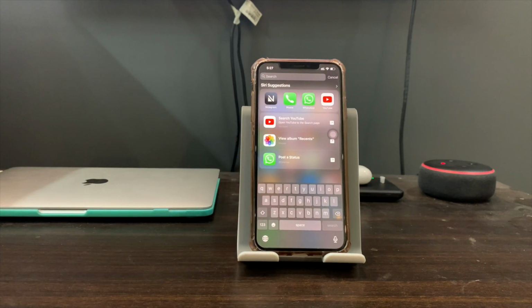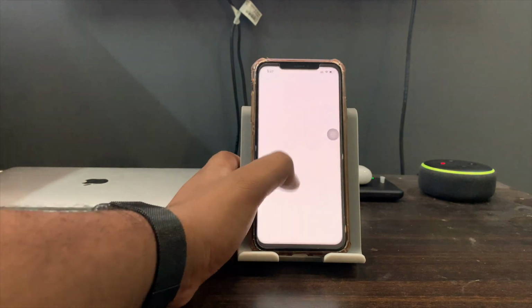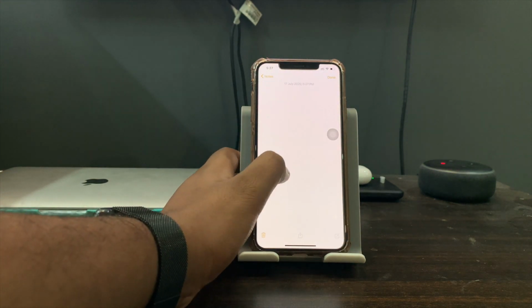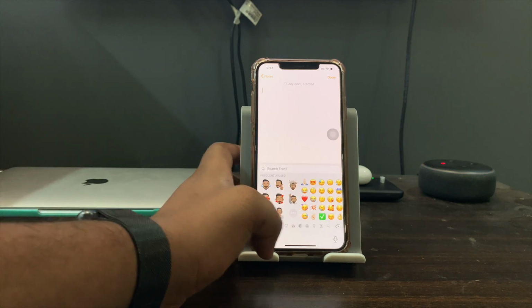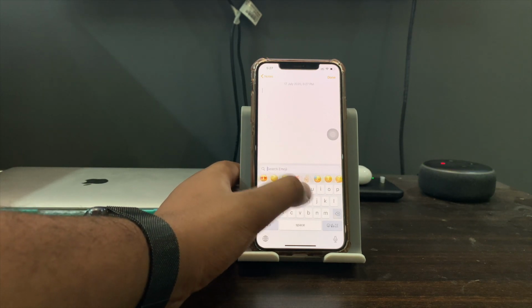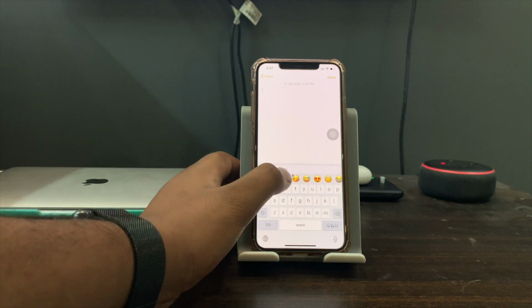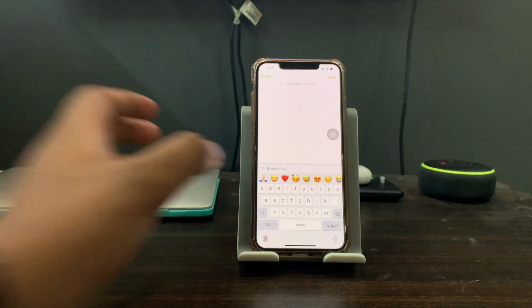Next up, I will be talking about the changes in the keyboard. So suppose I go in Notes and access the keyboard, I now have emoji search. So I can search emojis, and I also have a bar of emojis which I use the most.